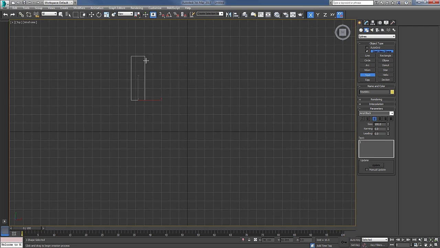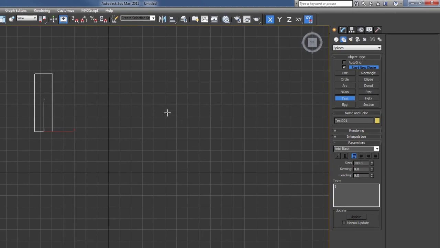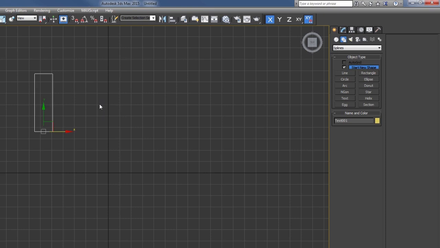Now once we're done using any tool in 3D Studio Max, you'll notice that this text button is still highlighted, which means the tool is still active. So if I click anywhere else in the screen, it's going to add another letter. So to deactivate any tool, when we're done with it, we simply right click in the viewport. So that's a right mouse button click in the viewport, deactivates the tool, and now we're ready to move on